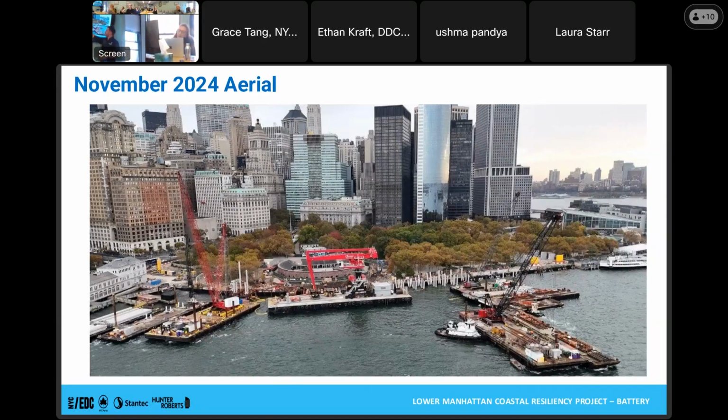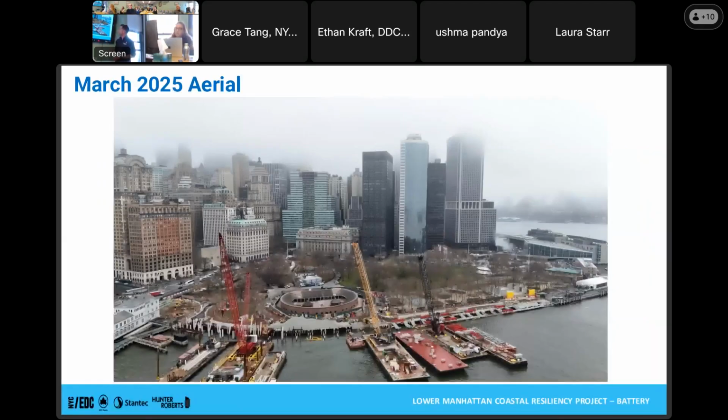So that was used to offload the entire soil and construction debris pile. And in the next photo,